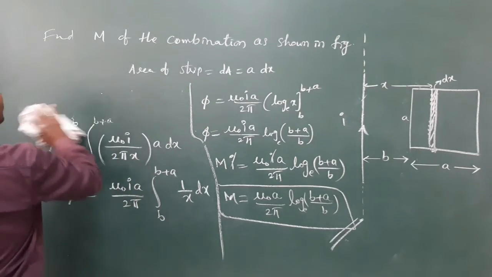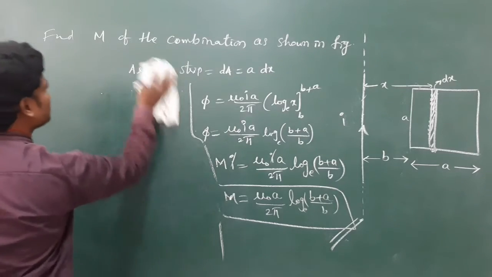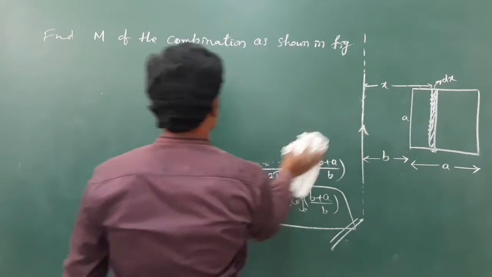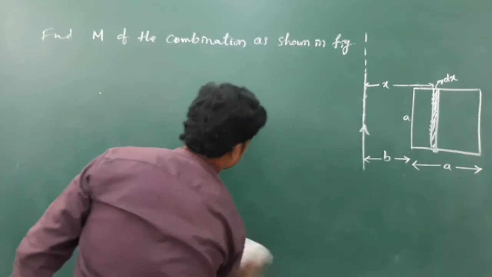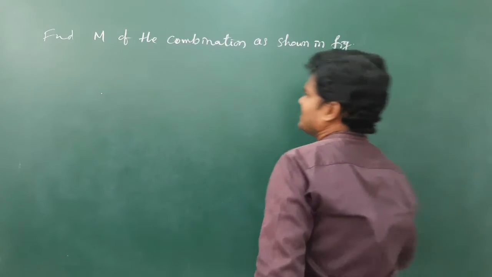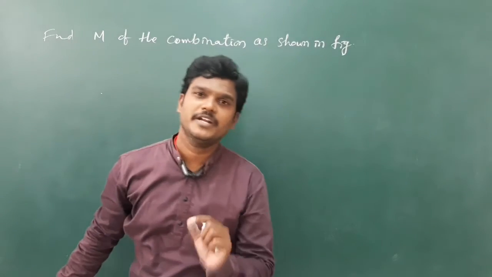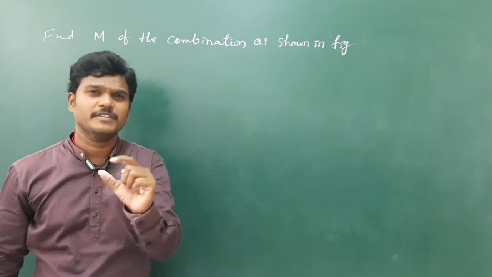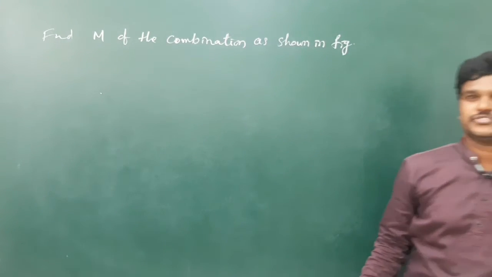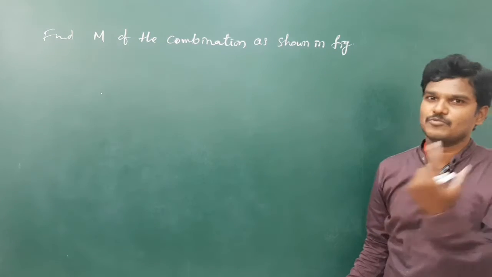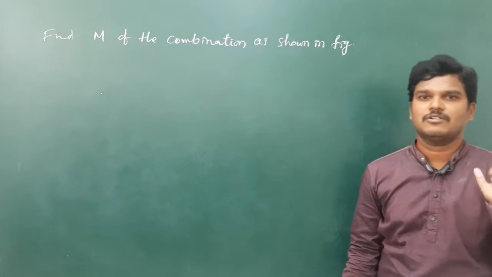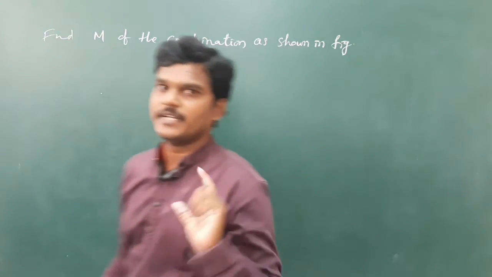See, the next is also the same, but I am going to change the diagram. Find the mutual inductance of the combination as shown in the figure. So the diagram is different. The same models are available in different books. You try to solve from any type of book. Here I am just covering some models. It is impossible to cover all the models from all the books, but the main parts I am going to cover here. By using this knowledge, you can solve problems from any type of book.